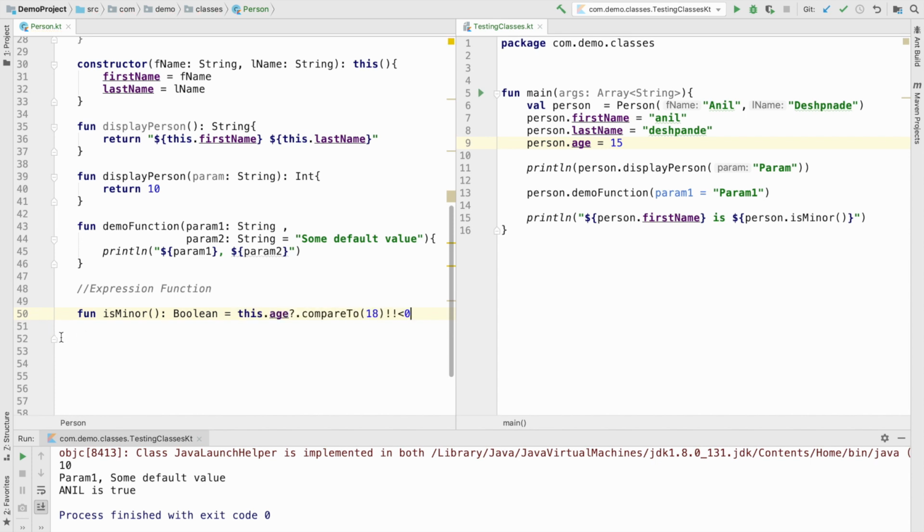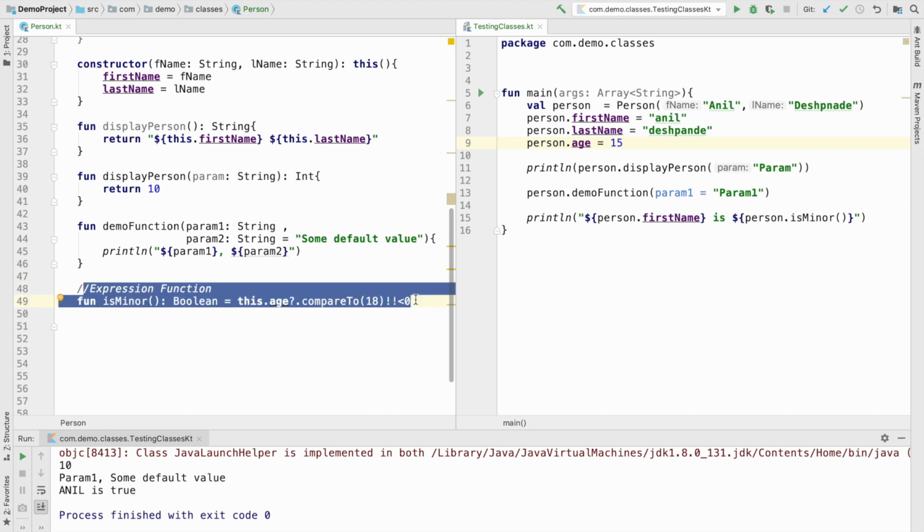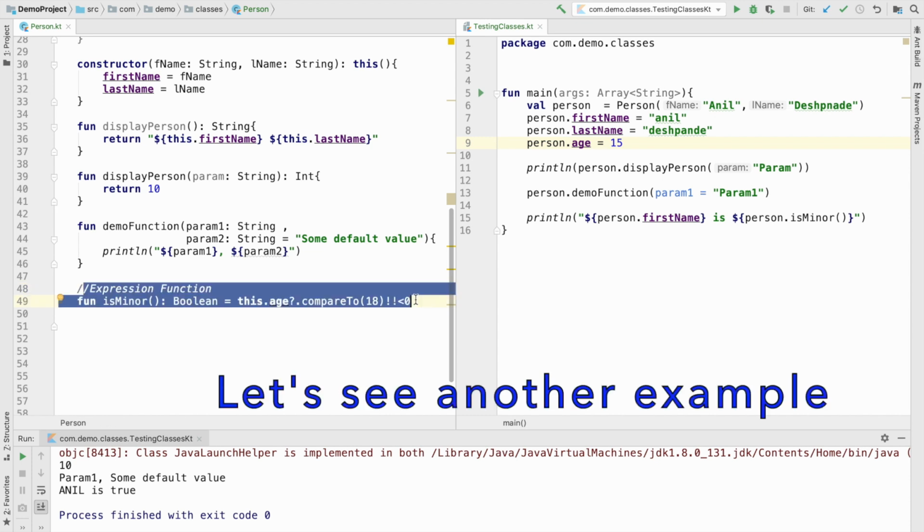So the whole function body becomes pretty small. These kinds of functions are written when you have minor functionality to implement. It just evaluates an expression, and that expression is the return value of the function.